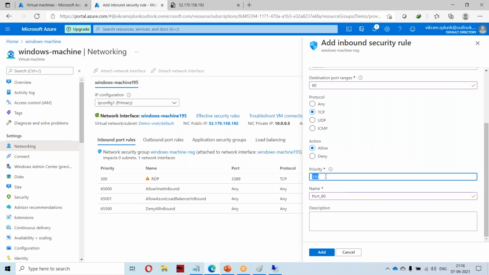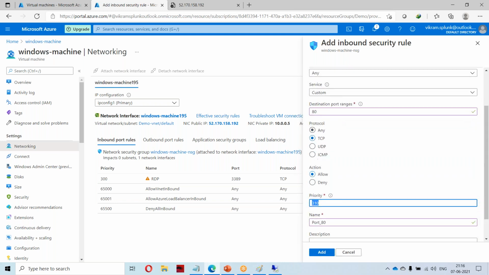Okay, priority: whatever the lower value, Azure will read that value first and that policy will be taken into account. If I have two rules with the same policy with priority numbers 310 and 320, Azure will consider only 310. If you see here priority, I'm having something like deny with 65,000. Here I'm putting something like 310, which means this one will be ignored and whatever the lower value is, that one will be taken into effect.